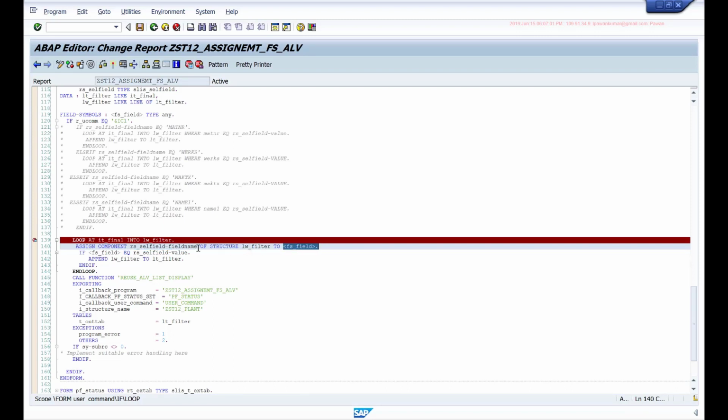For example, this structure has 4 fields, and instead of one of those 4 fields, if I try to assign a field that doesn't exist, let's say if I say assign SPRAS of this structure, then since this SPRAS field doesn't exist in this LW filter structure, this field symbol will not be assigned. And if you try to access a field symbol in your statements that is not assigned, you will get a runtime error.